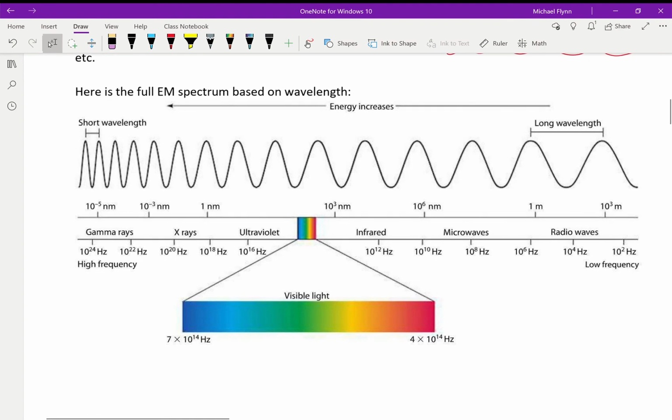So here's our full electromagnetic spectrum. I've got it kind of backwards here, but the longest wavelengths are radio waves, and over here the shortest wavelengths, gamma rays. So it looks like we've got everything lined up. We've got our wave theory of light. We have electromagnetic interactions. So this electromagnetic wave mechanical model looks like it was actually considered the greatest scientific achievement